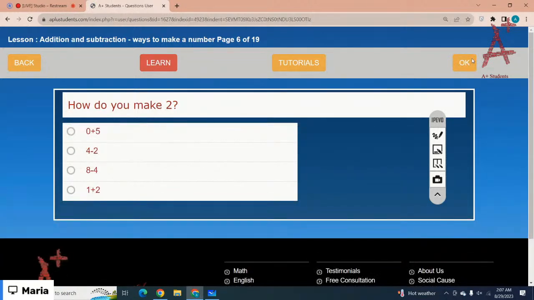How do you make 2? Which is the correct option? You are given 4 of the options. You have to select the one that makes 2. So which is the correct option? Let's start with the first one. 5 plus 0 makes 5. 4 take away 2 makes